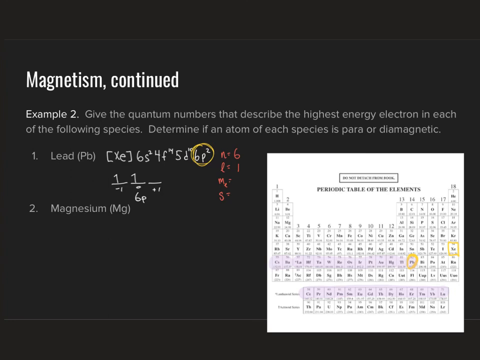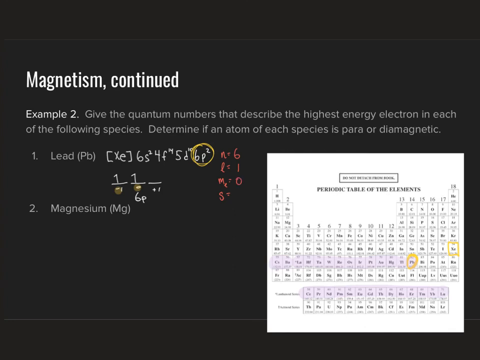And we're just going to go ahead and count up to the number of orbital that we're dealing with here. First off, going spin up, which would be -1, followed by 0 for that second electron. So our orientation in space quantum number here, the magnetic quantum number for lead, the highest energy electron, is a